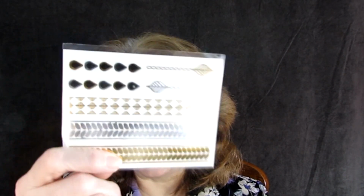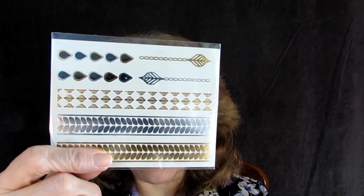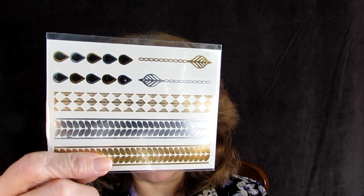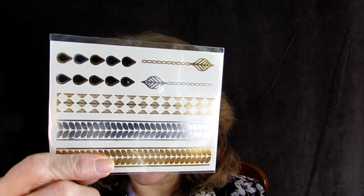And by the way, I love Pur-lisse, and these are put out by Pur-lisse. Pur-lisse Skin Sparkle Flesh Tattoos, 1 sheet. Instantly sparkle with jewel-like tattoos. Apply anywhere on the skin. Glam up any look, day, whatever. These are valued at $12. And the last thing, and the piece de resistance, is this